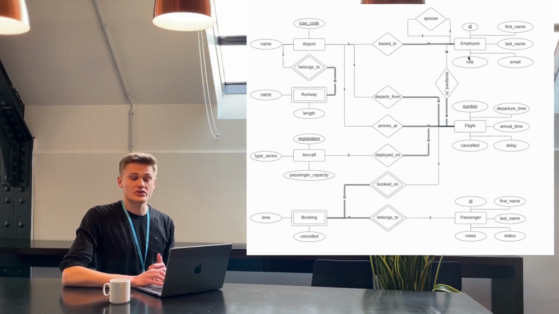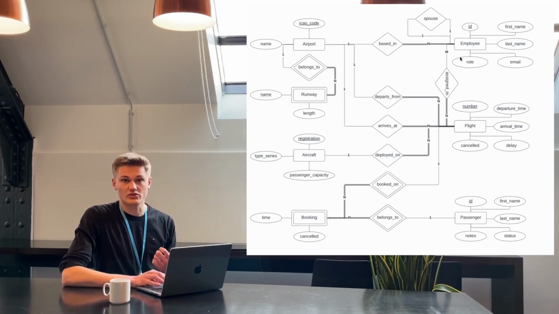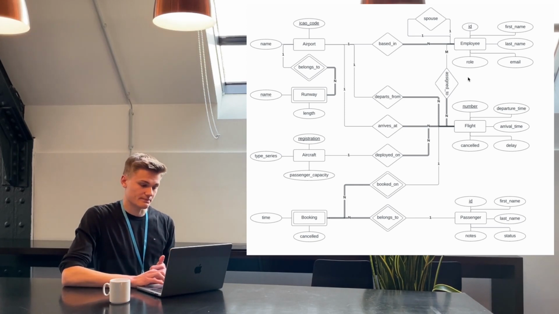Those two entities also represent the interface to the ICAO side of the application, as flights can depart from and arrive at airports, and employees are based on airports. Every flight is operated by some aircraft, which is self-explanatory. And then we also have the passenger entity,